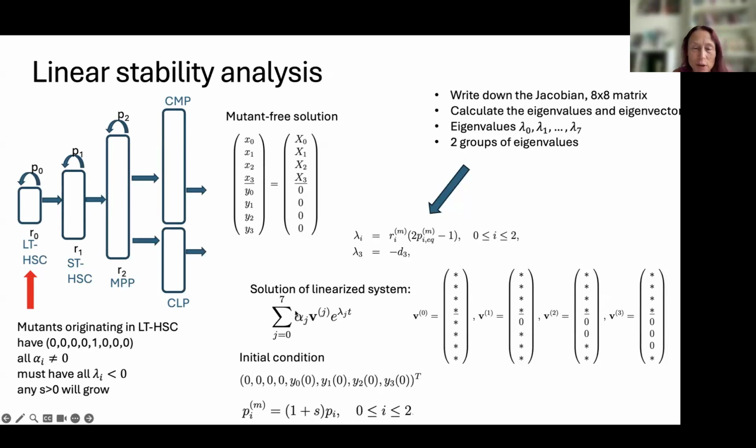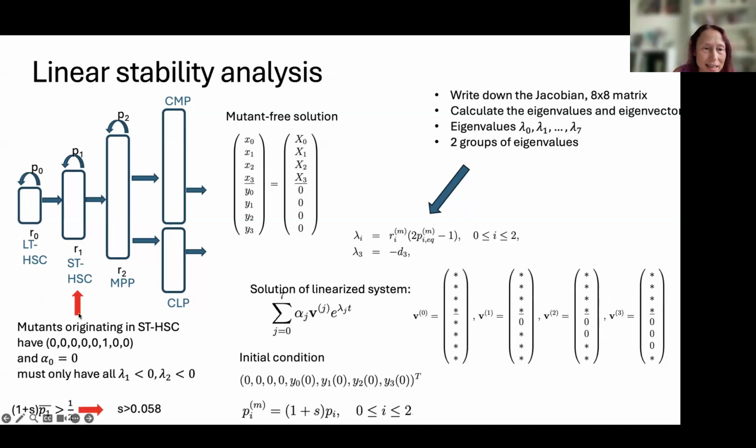Then I can solve for these numbers, and you can show that this solution will grow if S is greater than 0, any S. But now if I put it here, the first alpha will be 0. The alpha that corresponds to this compartment. And I have a less trivial condition